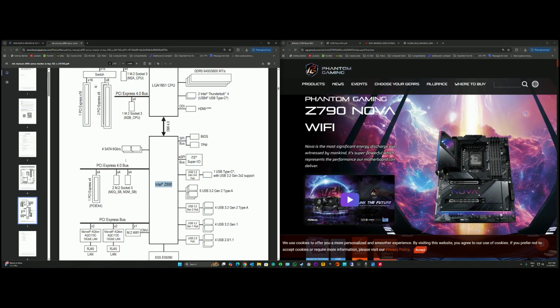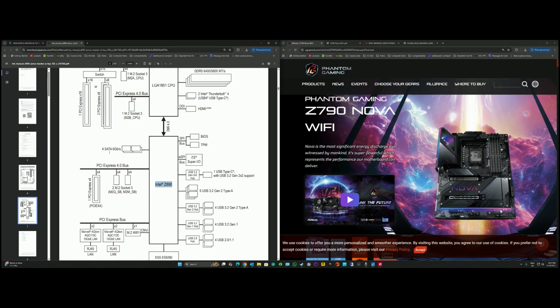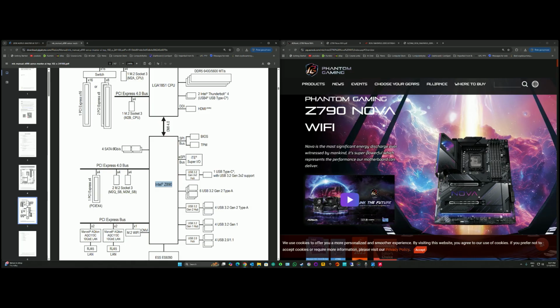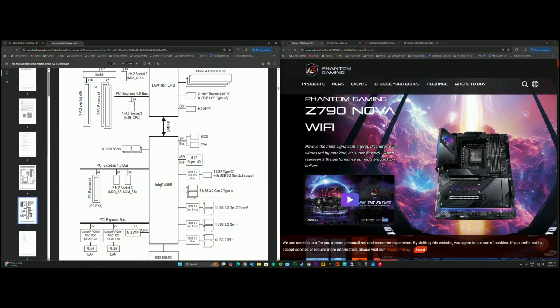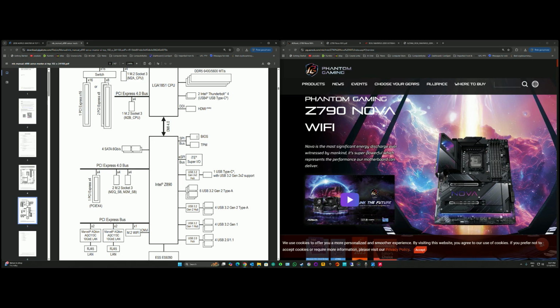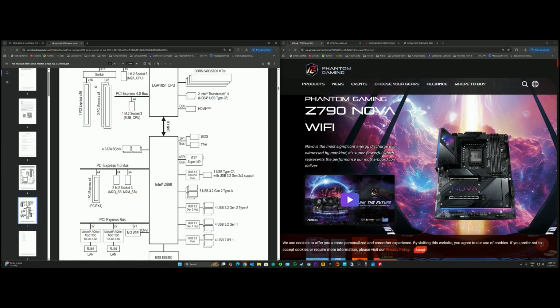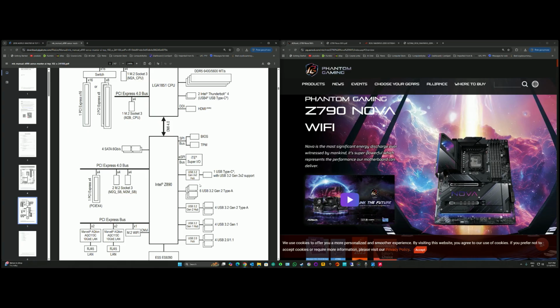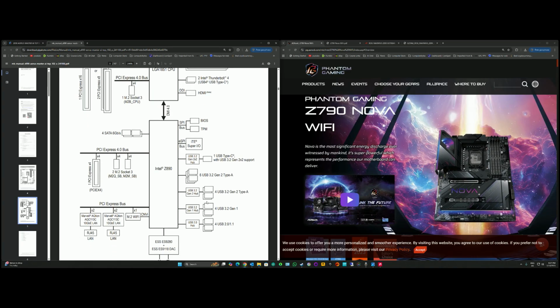So you got your 4 SATA 6 gigabits. They're going to the Z890 chipset. And same with all the other stuff. Looks like your BIOS, your TPM is on there. You know, all these bits. I don't 100% know everything about what all these bits are on the board, but